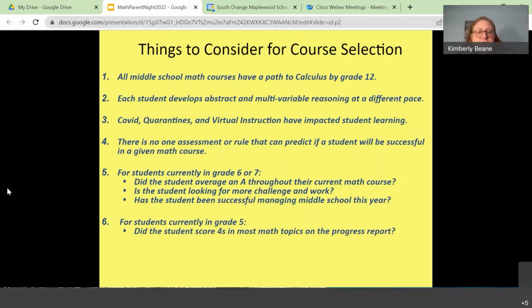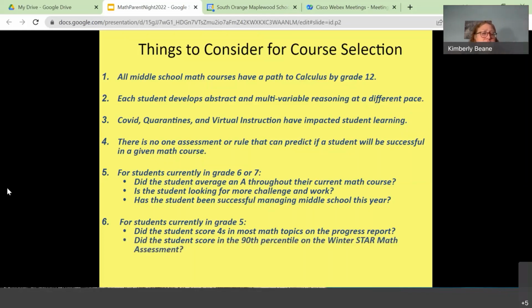Did the students score 4s in most math topics on the progress report? That's like saying, did they get mostly 95s, did they show that they have mastery of fifth grade math and the ability to extend it into some higher level problem solving? That's the first thing. Next thing is,